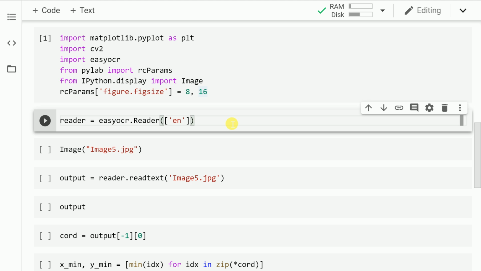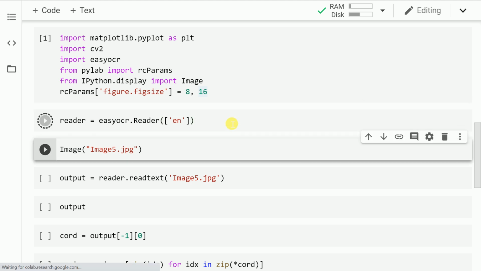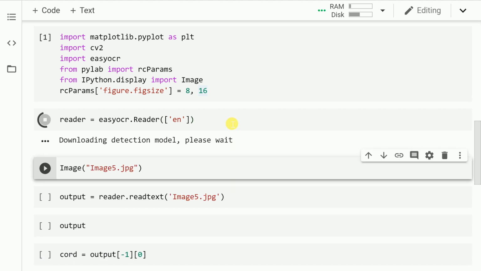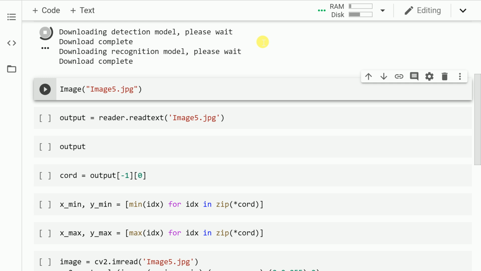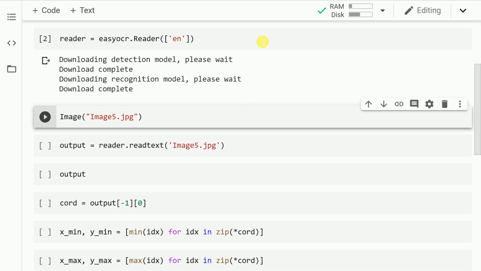Let's move forward and execute this cell. As you can clearly see, it is downloading the detection model. If you look closely, I've already selected the language to be English. So I wanted to create a demo for the English language. So that is why I've selected this language. Feel free to select the other languages in order to test out the accuracy of different language models as well.